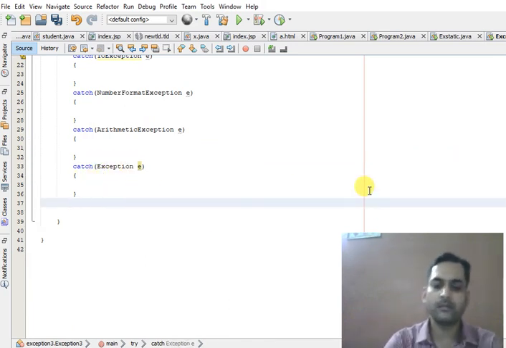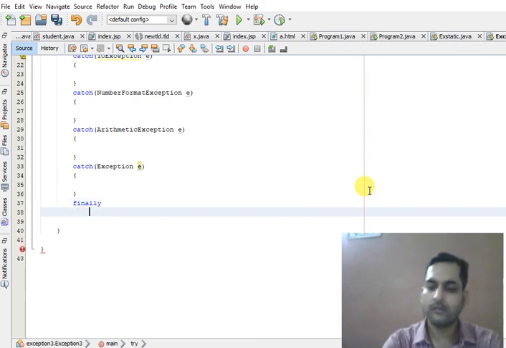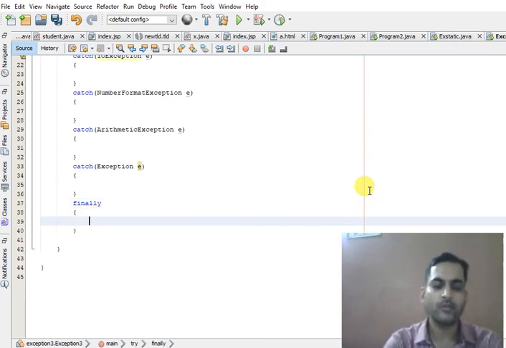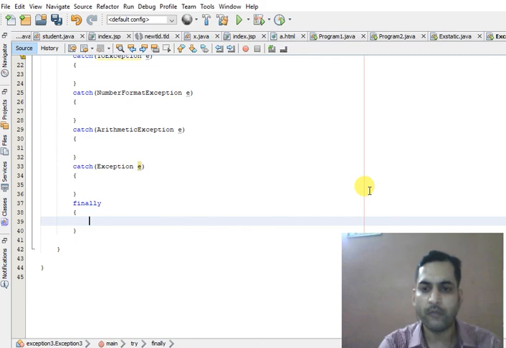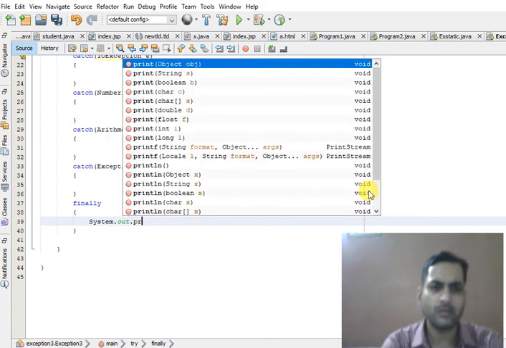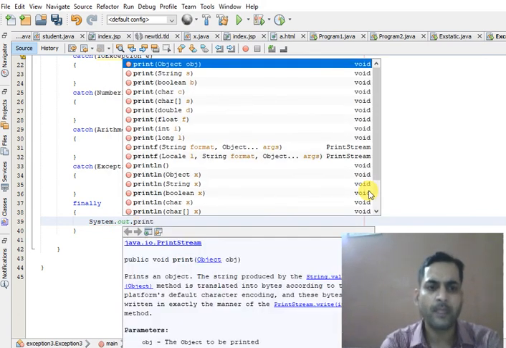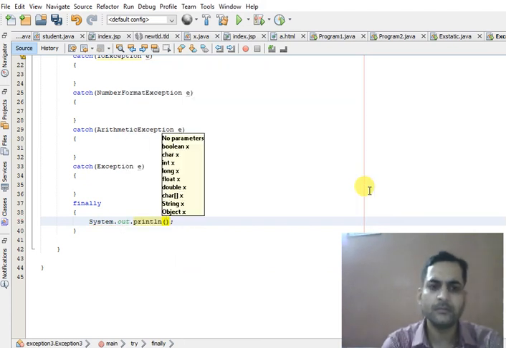The finally block is used to run code. It means the finally block will definitely run whether there is any exception in the code or not. This code will definitely run. So let us print some statement: Inside finally block.